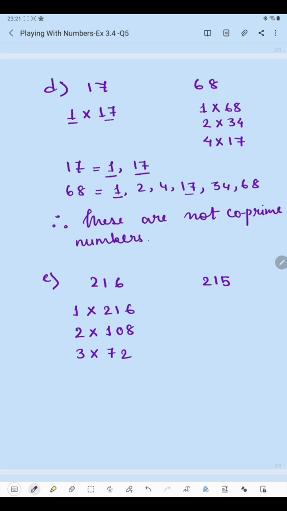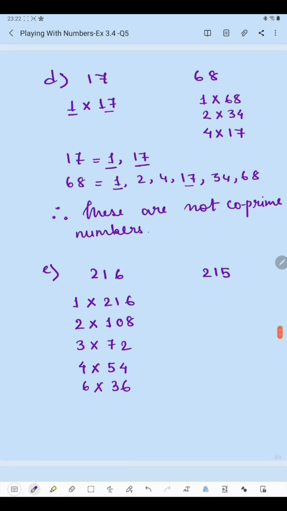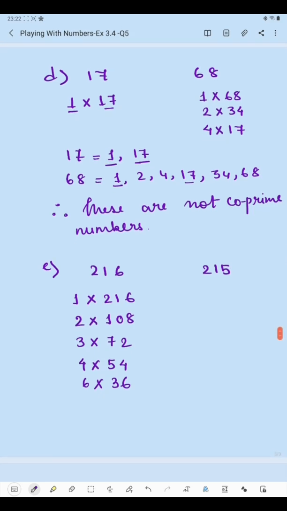Okay. Now next we can take 4 also. 4 fives are 20. Then 4 fours are 16. Okay, then it cannot be divided by 5, then we can take 6. 6 threes are 18. 6 sixes are 36. Okay, so we have got this as a factor. If you check 8, then 8 twos are 16, then 8 sevens are 56. So 27 eights are 216. Okay, now after this we have 9. 9 twos are 18, then 9 fours are 36.